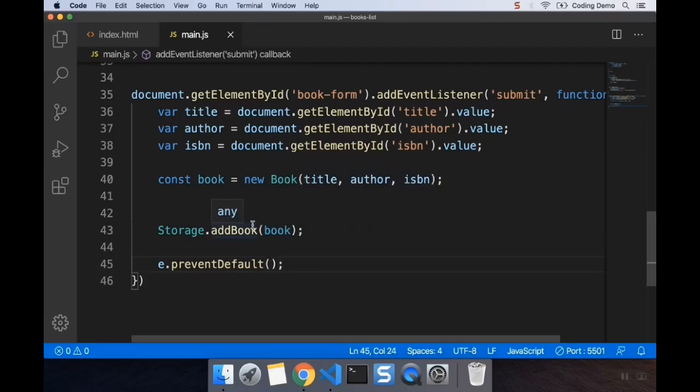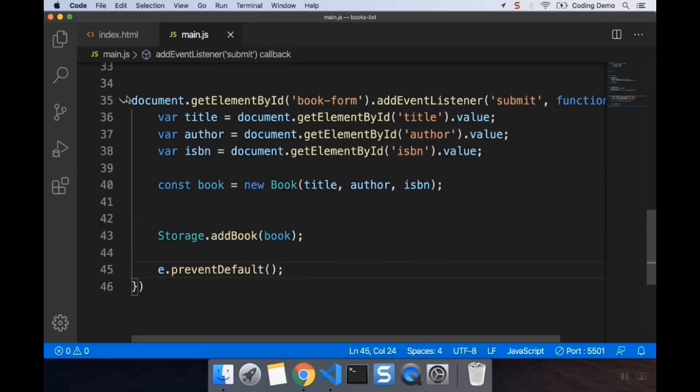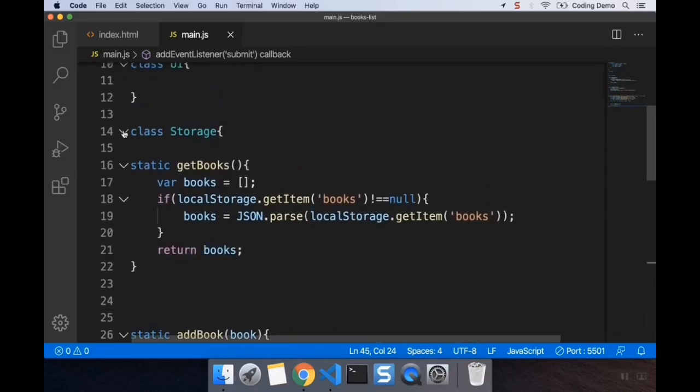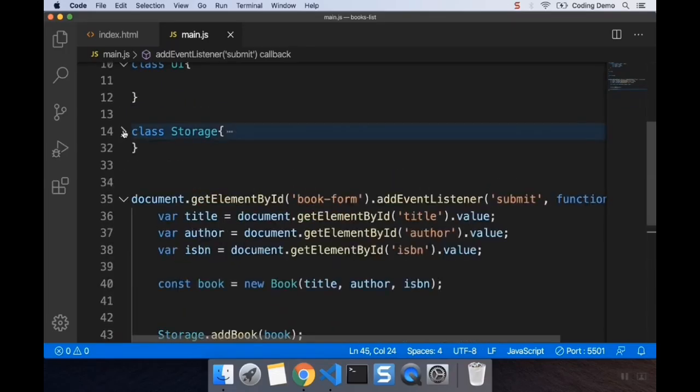The next thing we have to do is we have to display the existing books onto the DOM, right? So for that we have created a separate class, right? So let me go back. Let me actually close the storage for the time being, and let's work on